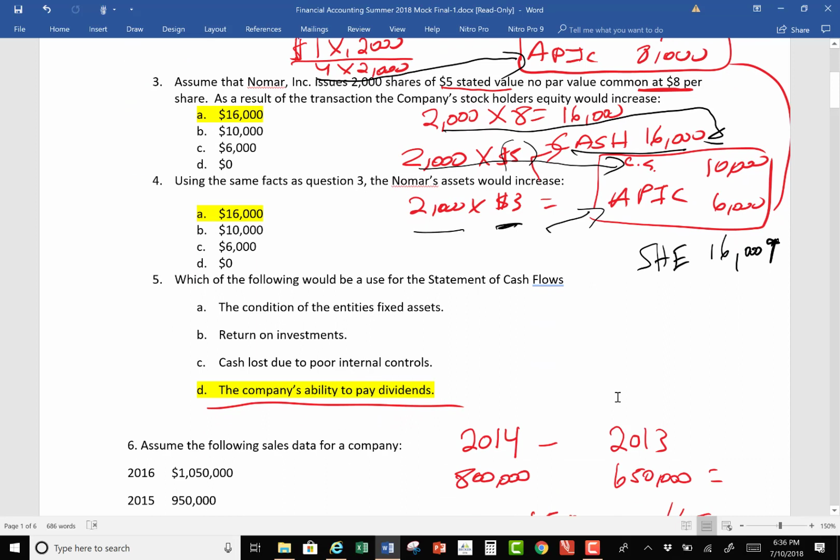I thought I got rid of this one. This one we're not studying, statement of cash flows. I did leave